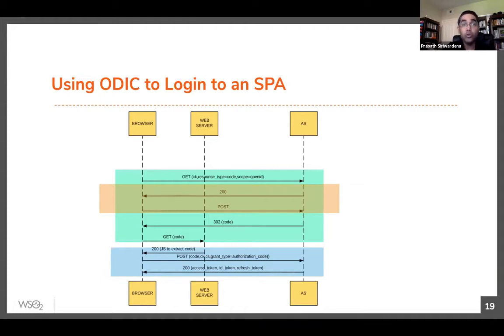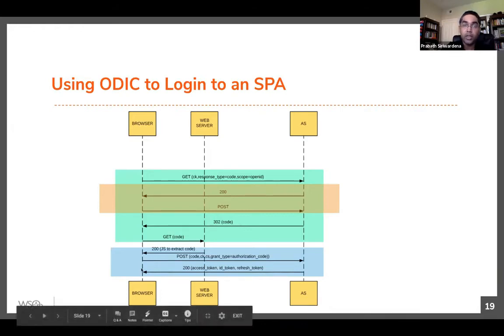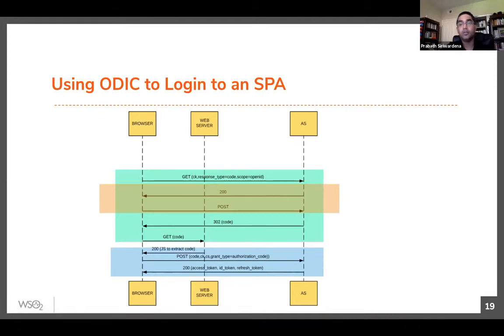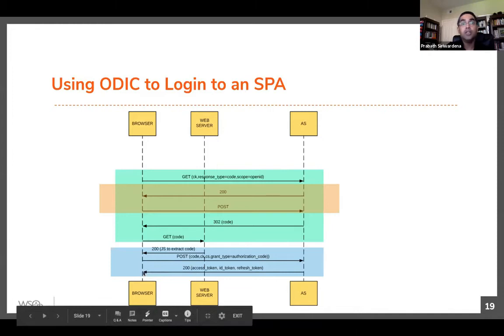Now, how you store these tokens, we'll discuss later. But if you look at the ID token and if you verify the ID token, you can identify who the user is, right? But that doesn't make any change. So you render the UI based on the user and probably the user's role, but that doesn't give any additional privilege to the user, right? Even if you spoof what is in the ID token, it doesn't make sense. What matters is this access token. Then the browser will use this access token to invoke the APIs on behalf of the user, right? So you need to be careful how you protect the resource server with the access token being used by the browser or the SPA.